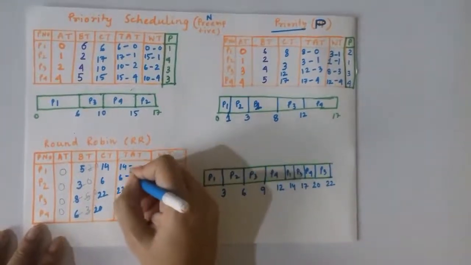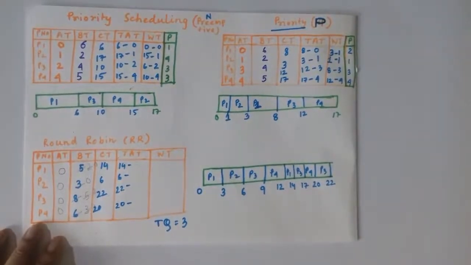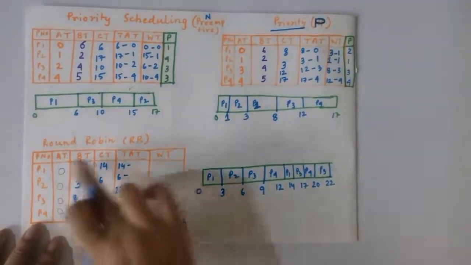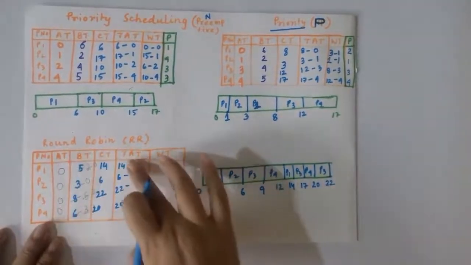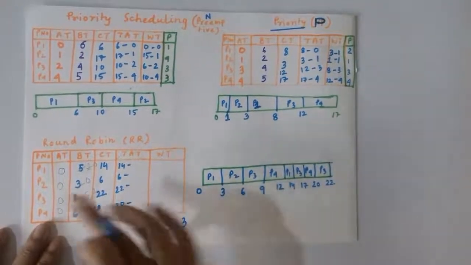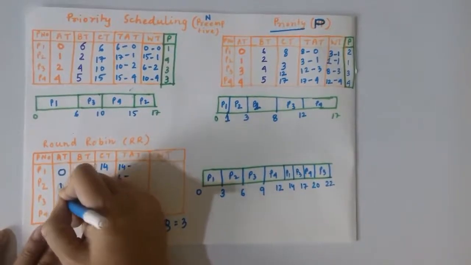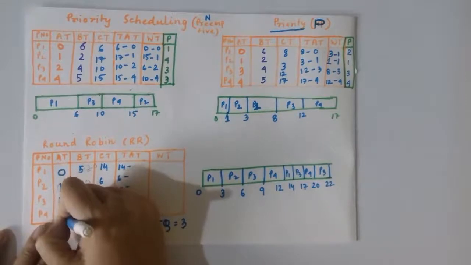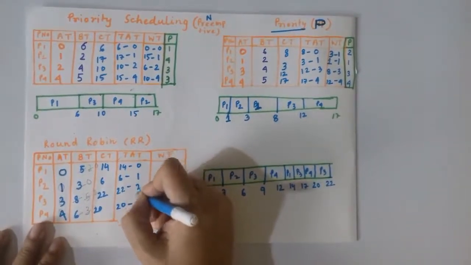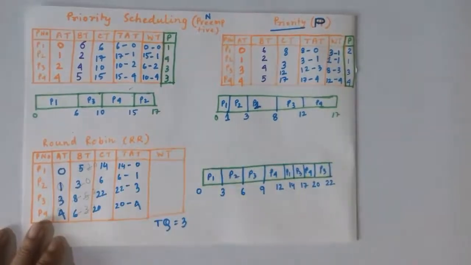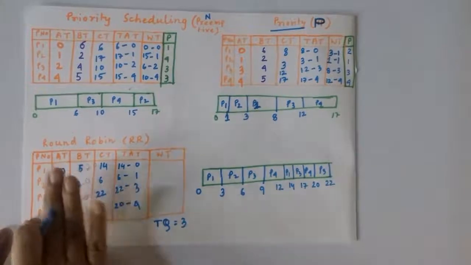Okay, give subtraction side. What is the arrival time here? Arrival time is 0. So here I will not write 0. I will give some arrival time, and I can put it here also. Suppose I am putting arrival time 0 here, arrival time let's say 1 here, arrival time 3 here, arrival time 4 here. If it was there, I will just give 0, 1, 3 and 4. I will come to that point once again.